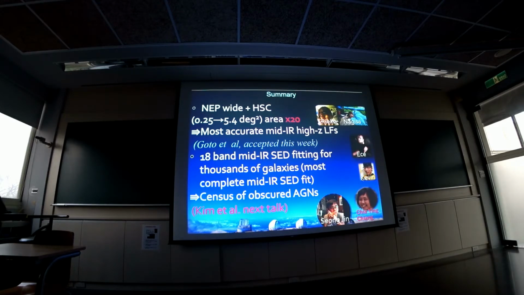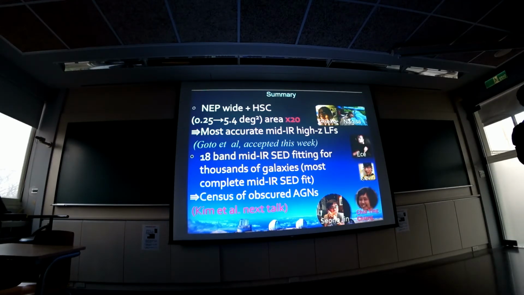So your SED information could contain PAH or complicated things, so the interpretation may be complicated. Okay, that's another reason. One wavelength we chose is 8 micron, which is where PAH peaks. And 12 micron is a little bit away from the PAH, so it's more like a continuum region. So we chose these two wavelengths.